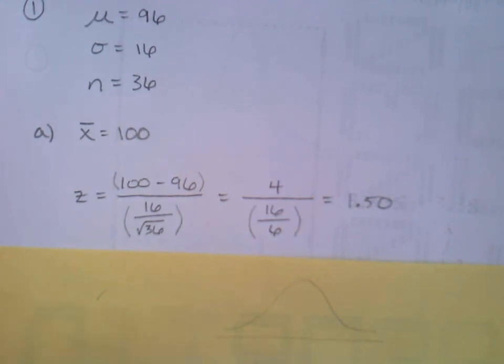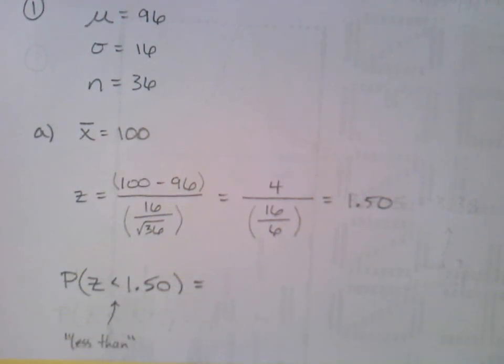Okay, so hey, we have our z-score, a slightly new formula now. But from here, it's exactly the same as Chapter 6. We are going to find the probability that capital Z is less than the z-score we just found. Okay, practice number 1 is really as simple as it gets, right? It even says find the probability that the mean age is less than 100, and that's exactly what our Z table will tell us. It's always a less than.